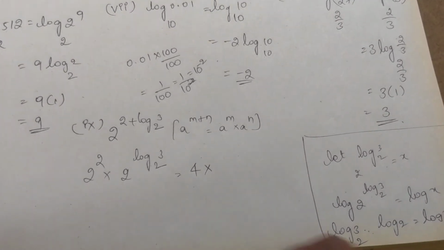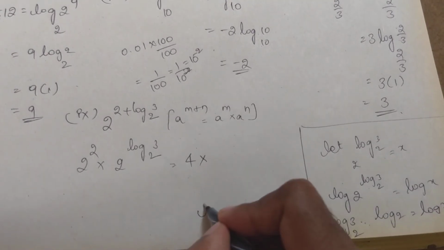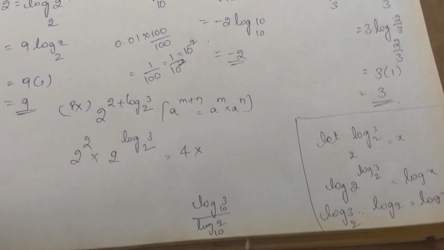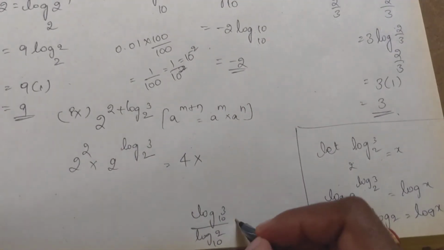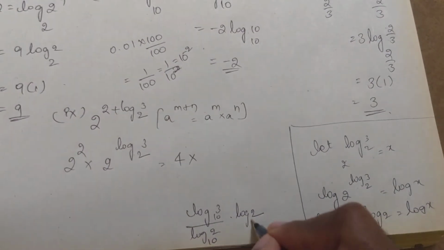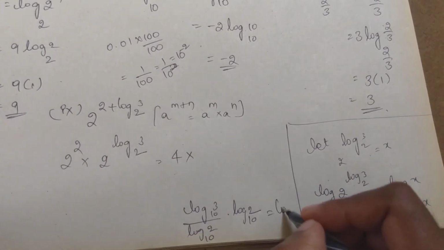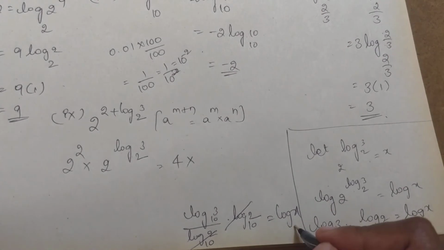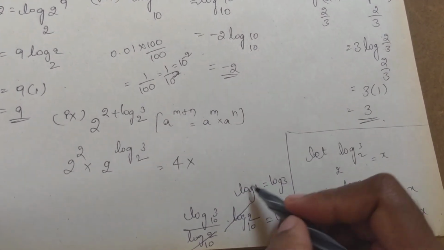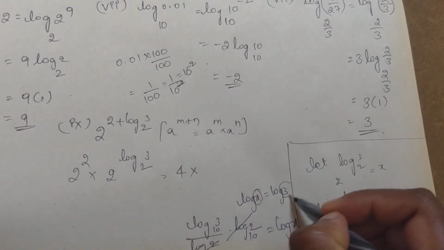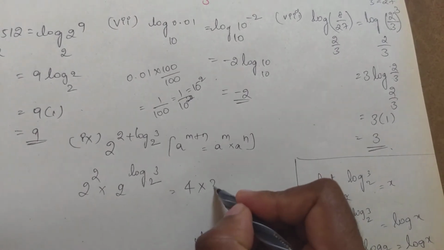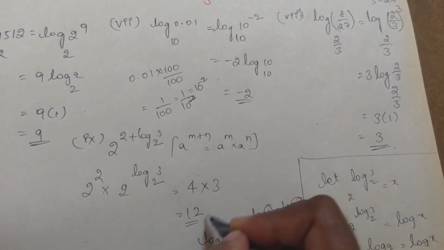Okay. So here log 3 base 2 can be written as log 3 base 10 divided by log 2 base 10. Right. So this can be written as like this into log 2. Now if nothing is there, we should put it as base 10. That is equals to log x. So this and this will be cancelled. So log x is equals to log 3. So by comparing, what is the value of x here? x is 3. That implies this entire value is 3. So answer will be 4 into 3 is equals to 12.